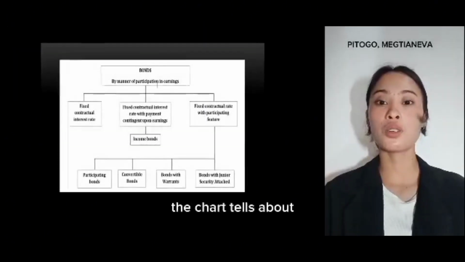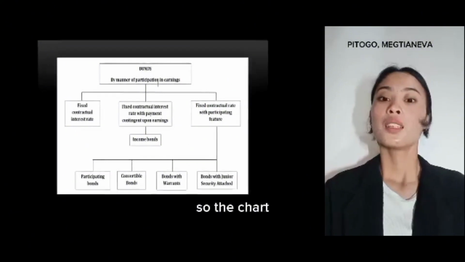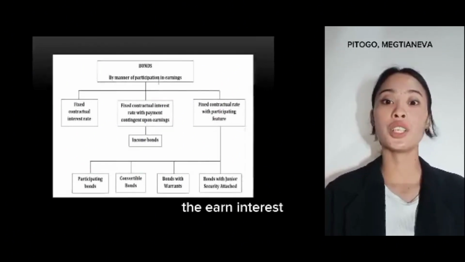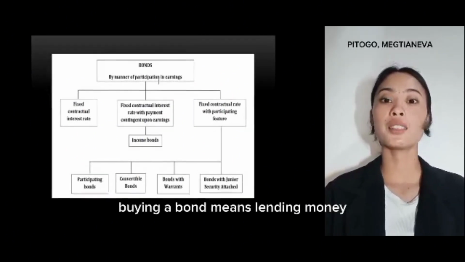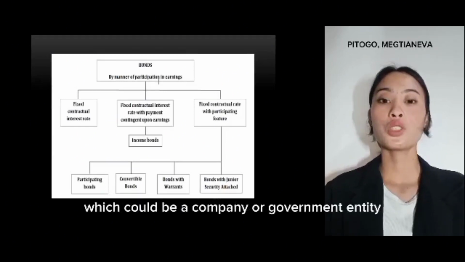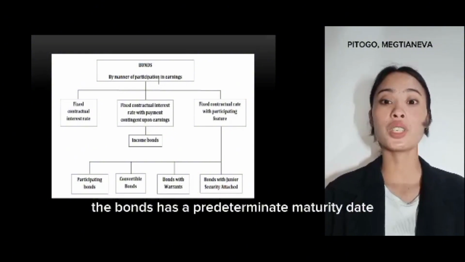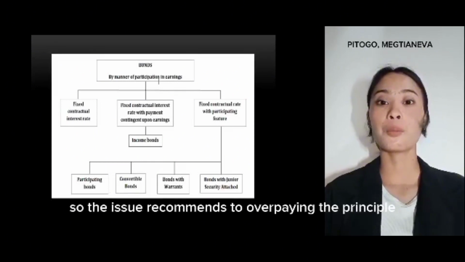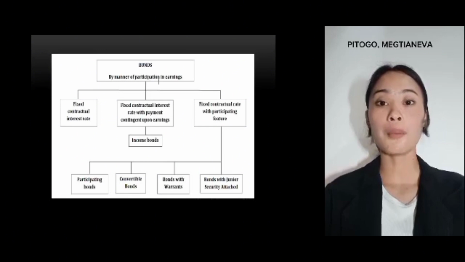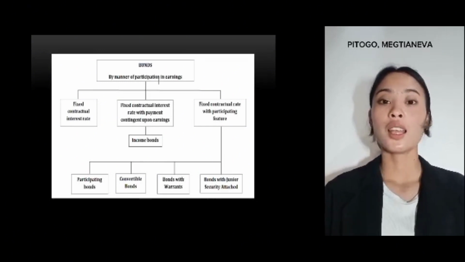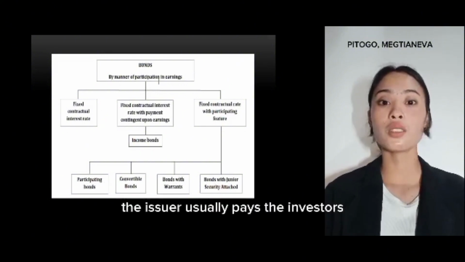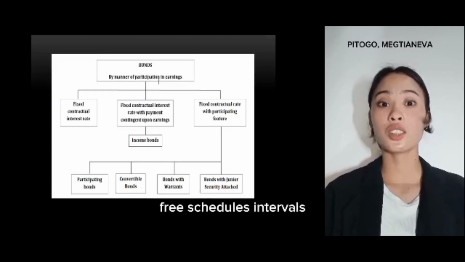The chart tells about the manner of participation in earnings. The chart shows that bonds are financial instruments that investors buy to earn interest, and essentially buying a bond means lending money to the issuer, which could be a company or government entity. The bond has a predetermined maturity date and specified interest rate. The issuer commits to repaying the principal, which is the original loan amount, on this maturity date. In addition, during the time up to maturity, the issuer usually pays the investor interest at pre-scheduled intervals, typically